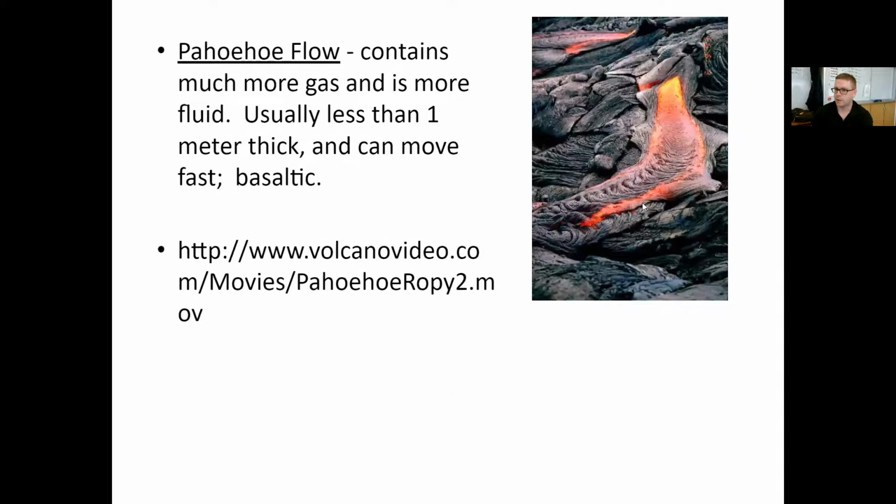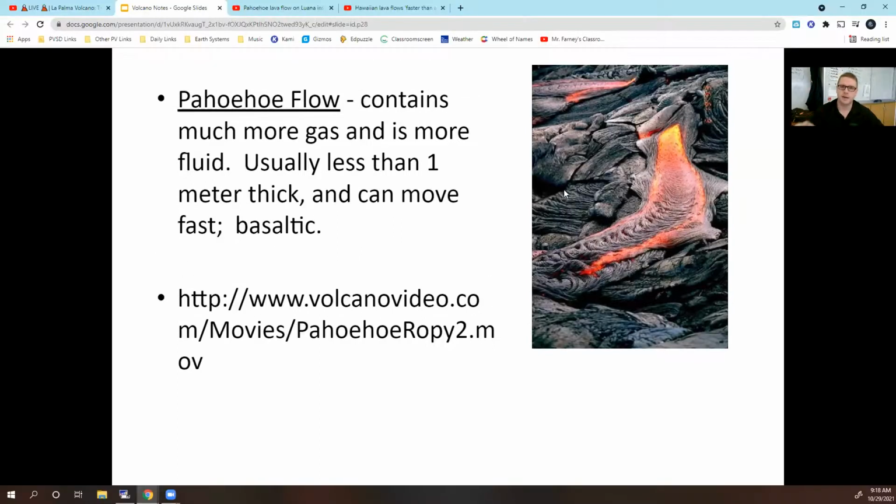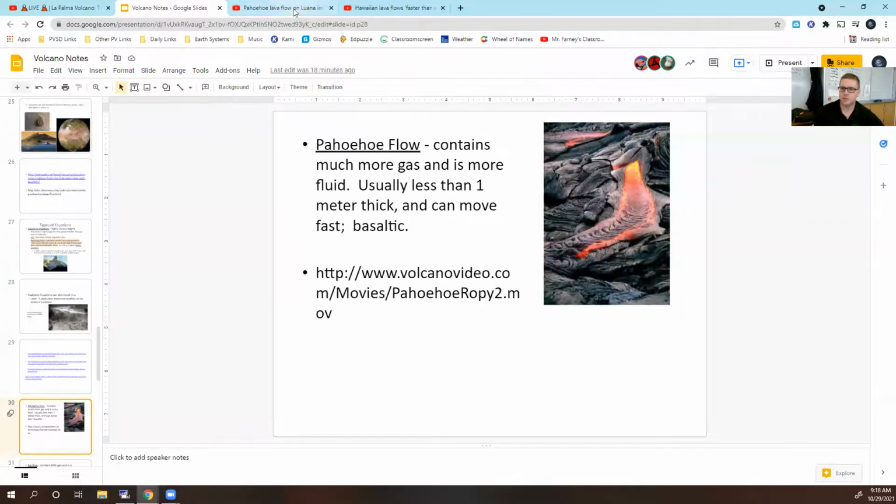Here's a picture of it on the right. It's a creeper, this one. It moves kind of quick, but it depends on the type of flow whether or not you're going to get it. I'm going to unmaximize here for a second, just to show